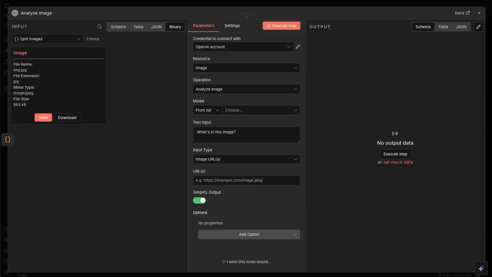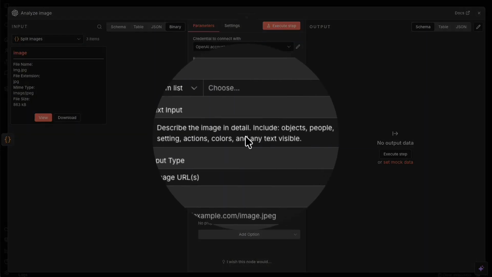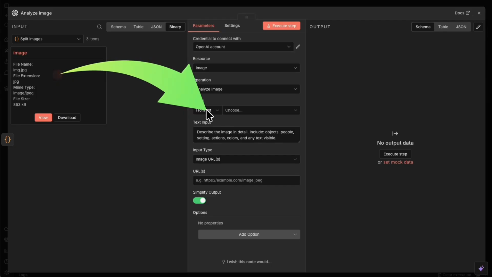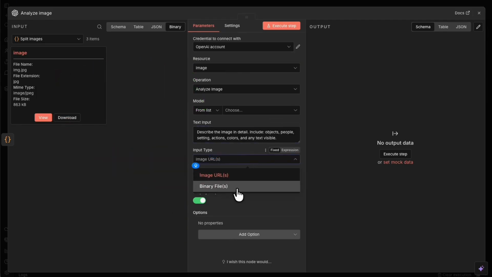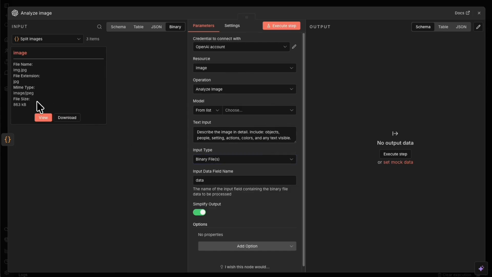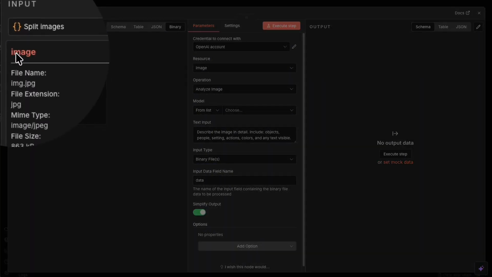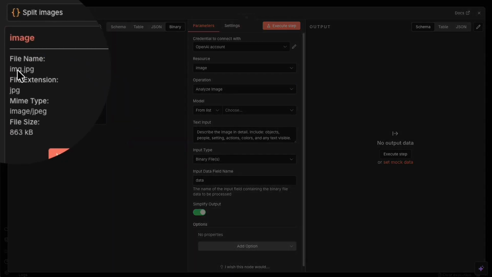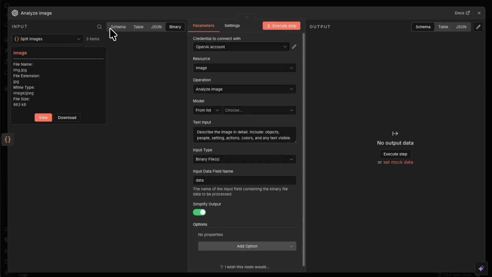Now, if I come back here, it's very important to go ahead and do the setup. So the high-level setup is simple. I just have a simple action to ask it for. I asked it here to generate a description of objects, people, actions, products, and colors that actually exist in the image it will receive. And the inputs. It's not going to be a URL, it's going to be a binary file, because this is a file, a document. Be careful, the file name is called image. What we call the binary file here isn't actually the name of the image itself, but rather this content that will be placed